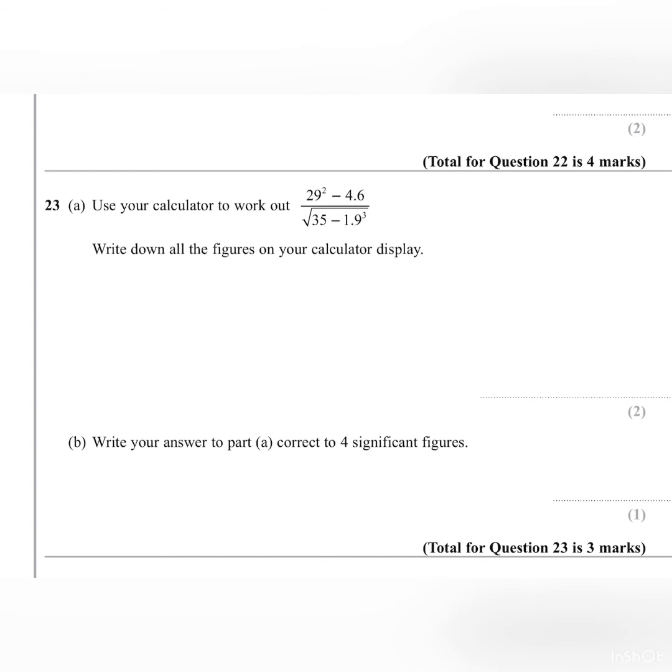all of that divided by the square root of 35 take away 1.9 to the power of 3. Now, I would start this question by opening up a fraction button first. Once you got the fraction button, so just put the numbers in, 29 squared, take away 4.6, and scroll down to the denominator part and open up a square root button. And in the square root, just write down 35, take away 1.9 cubed. Okay, so and work that out. Okay, that comes to